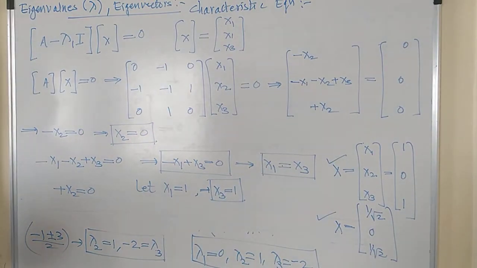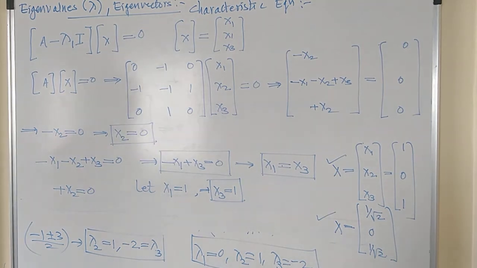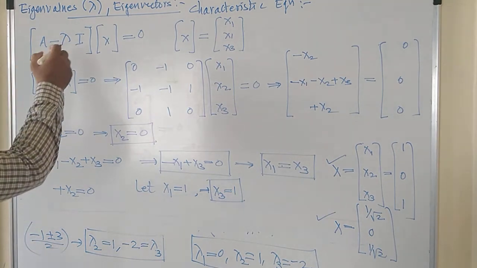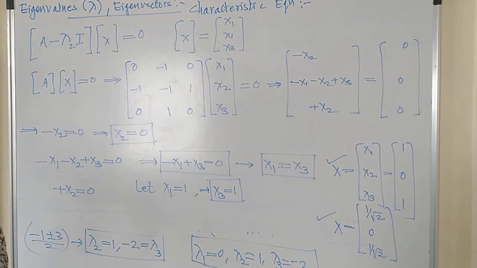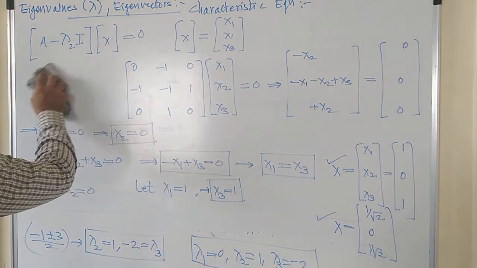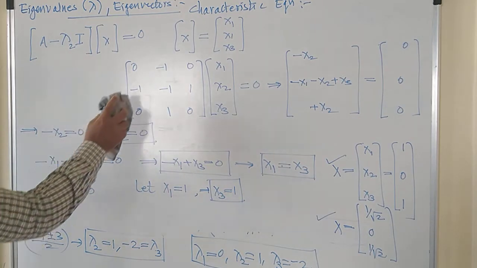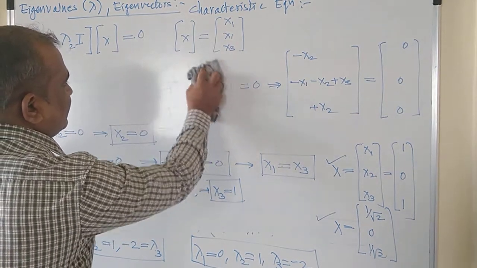So hope you have understood how to calculate the eigenvectors and normalized eigenvectors. Let's calculate the second eigenvector corresponding to the second eigenvalue. So the second eigenvalue is lambda 2 here. I will make the changes into this equation only. So lambda 2 into x, you need to multiply the identity matrix by lambda 2. So this equation will change. This will also change. So let me make the changes.